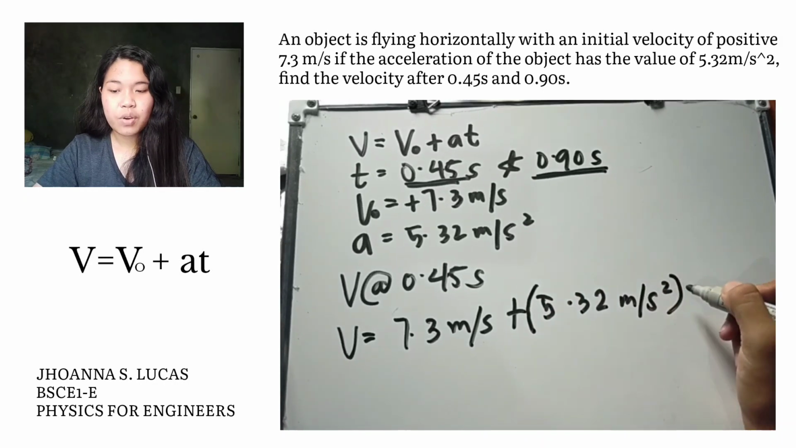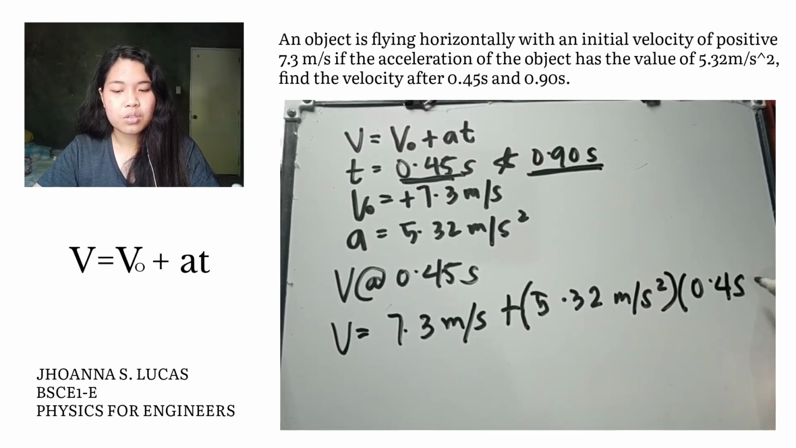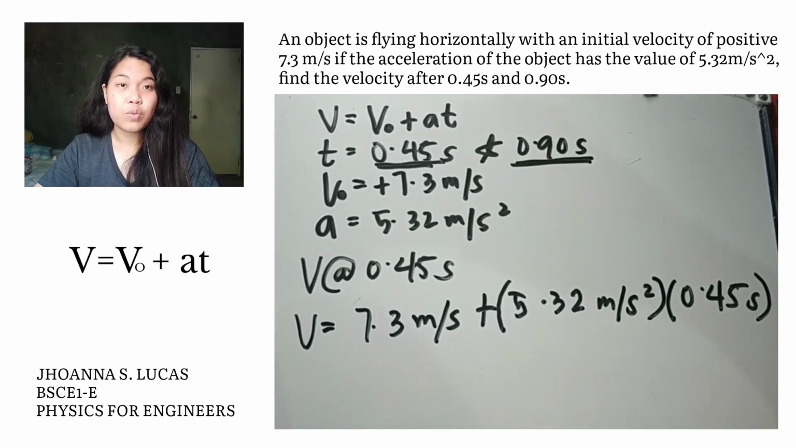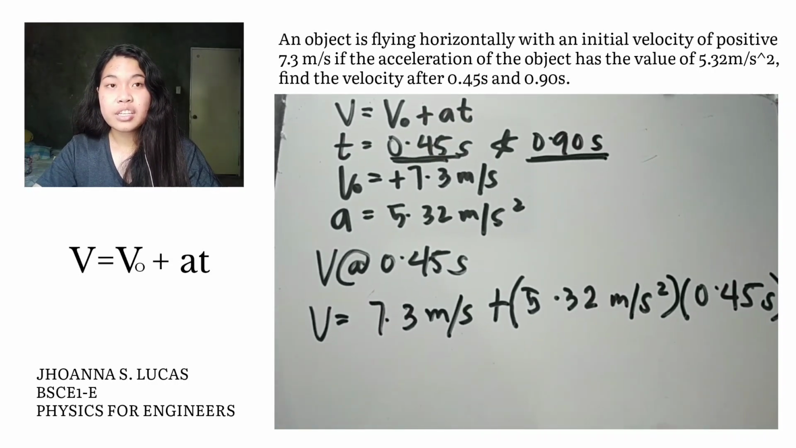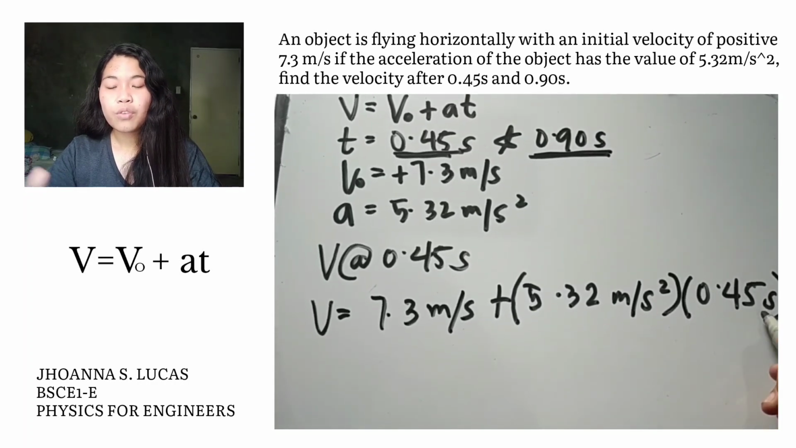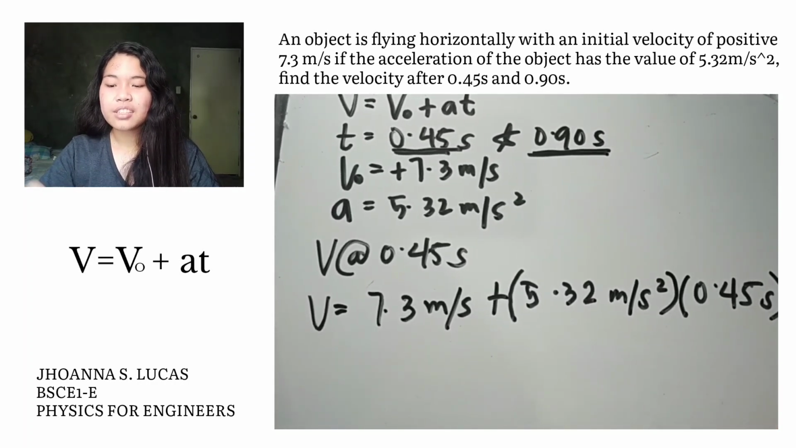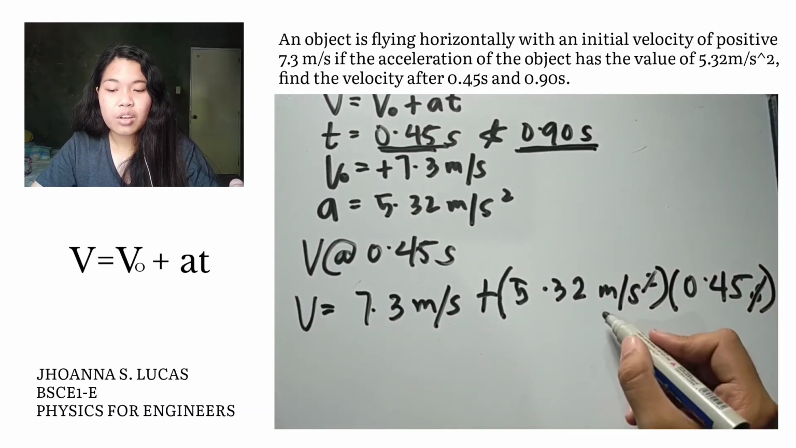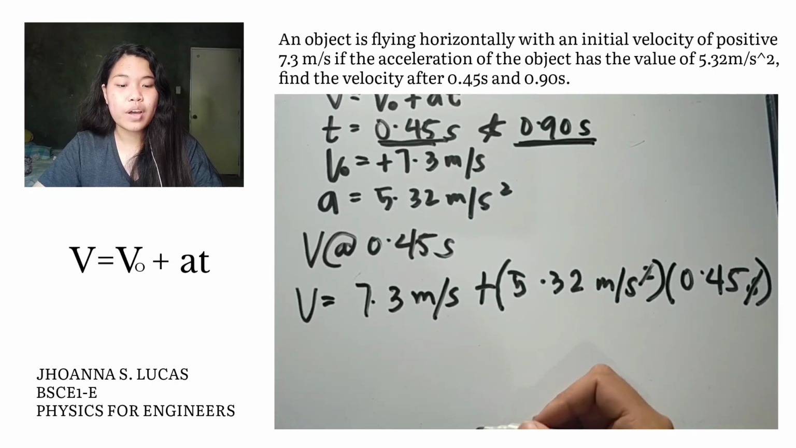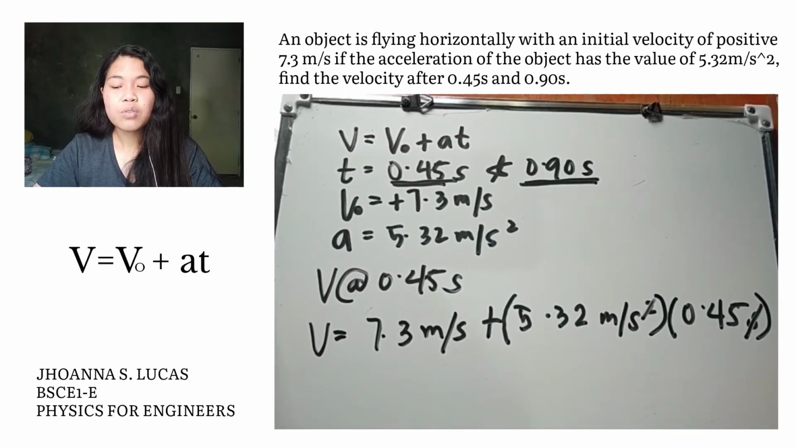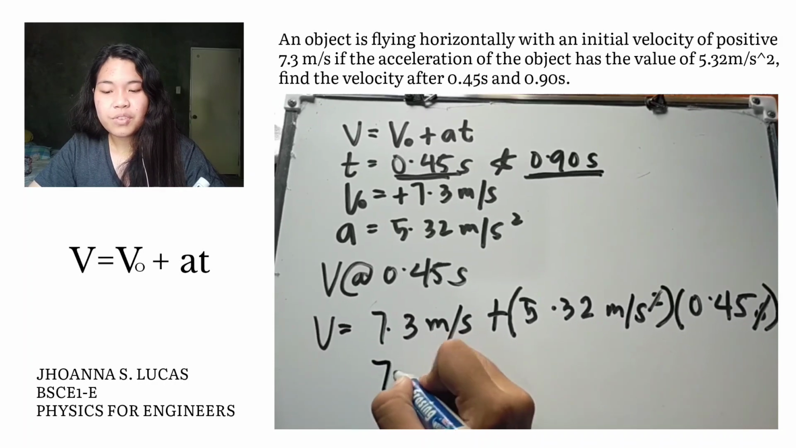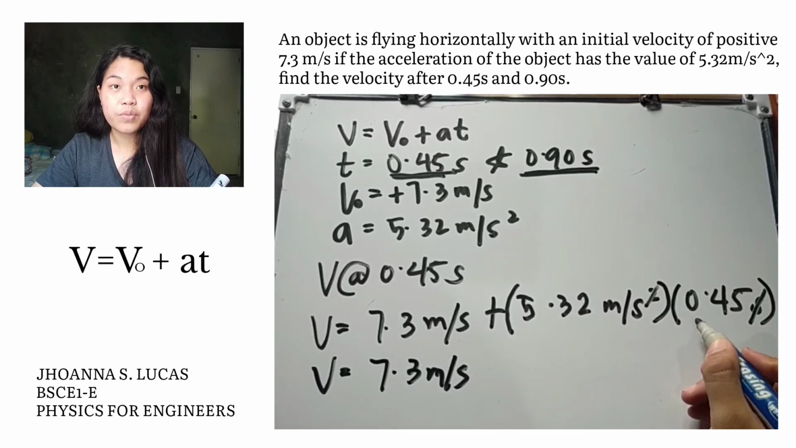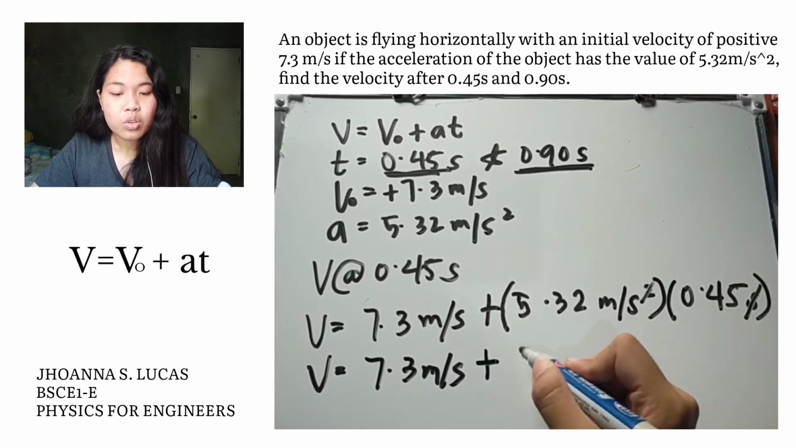times our time, 0.45 seconds. We can now cancel the seconds to get the unit that we need, since both of these have seconds, so we can cancel it to get a meter per second unit, since it is what our velocity means. Now, just copy 7.3 meters per second and multiply 5.3 meters per second squared times 0.45. It is equal to 2.394